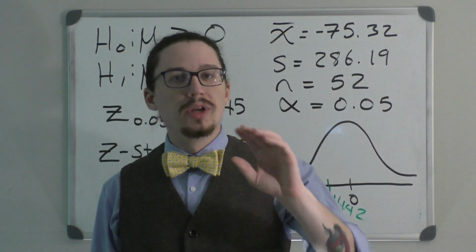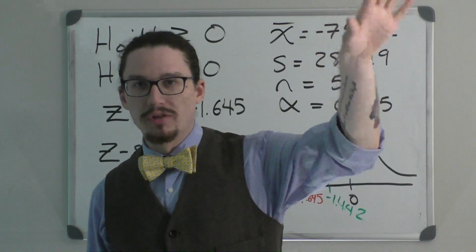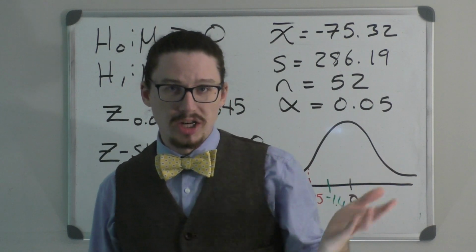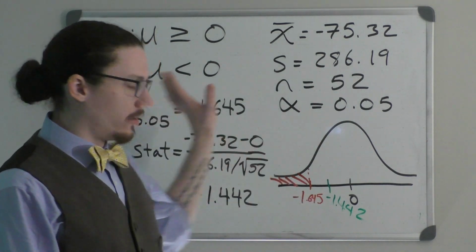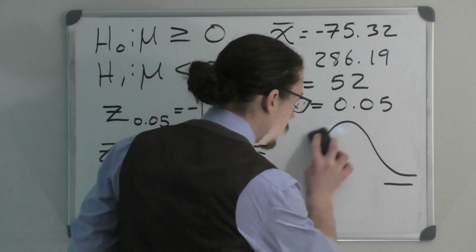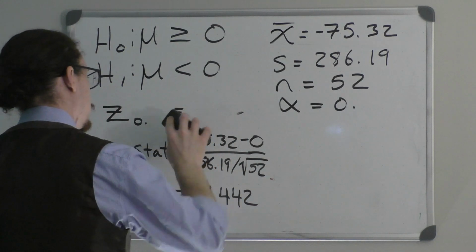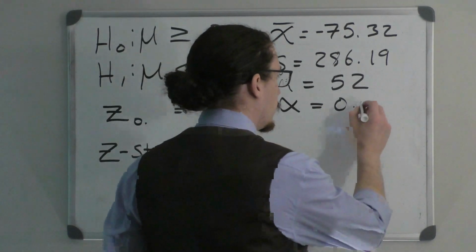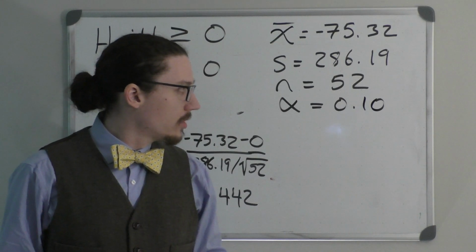All right, but here we failed at the 95% level. So we failed at 95%, we wouldn't check 99, because if we fail at 95, we're going to fail at 99. But we might want to check, well, could we reject at the 90% level? All that would require, and I'm not going to erase all of this, is if we just change this to the 90%, so alpha is 0.10,